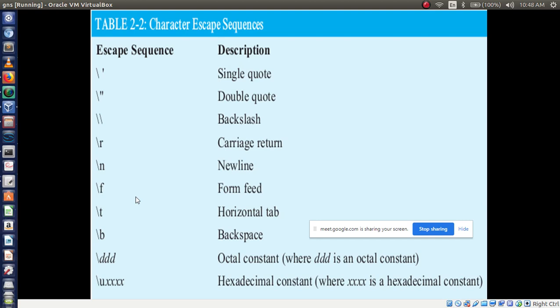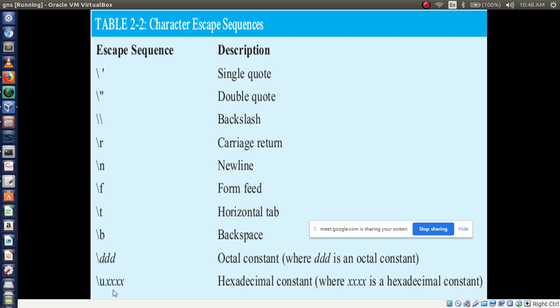So I am using slash t here. Slash t means it represents a tab, a column-wise output. Slash b is used for backspace, and slash ddd represents an octal constant. Here d is your octal digit.